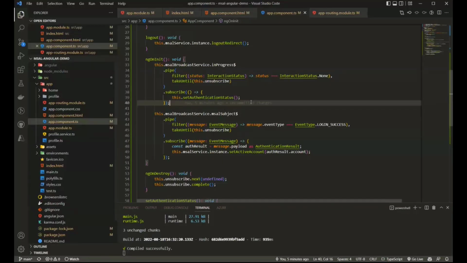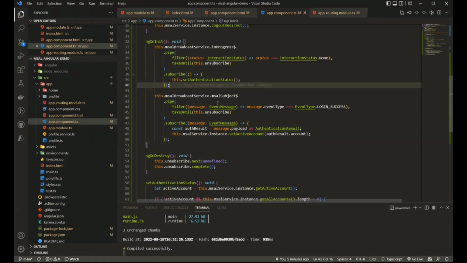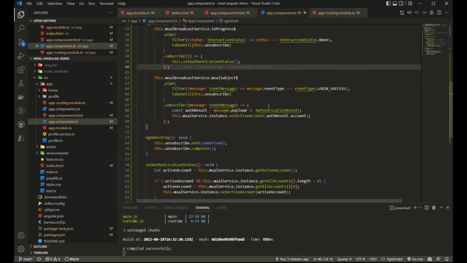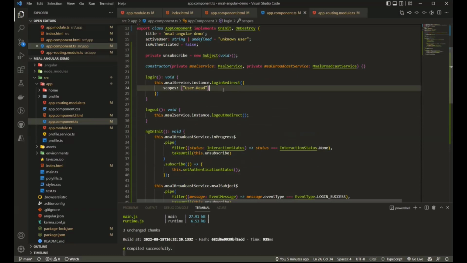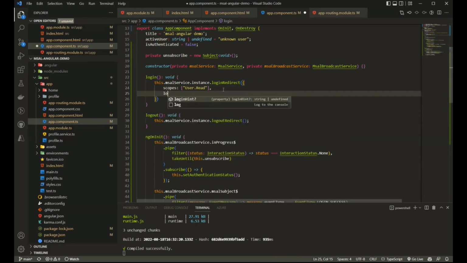The next question, again in the chat, is: do we need to pass the login hint as a query parameter or in the form of a header? So how can you pass this? Let's say I'm going to switch to another branch. Well, maybe not. We can just talk about it because we are short on time. The way you can pass this is, where's our login method? There it is. So this is one of the parameters you can pass here.